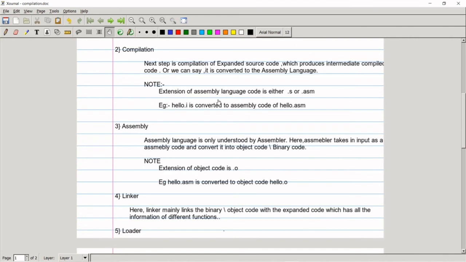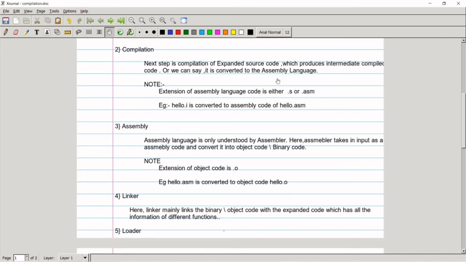The second step is compilation. After the expanded source code is preprocessed, it is passed to compilation. Here the expanded source code is compiled and the output is an intermediate compiled code. This intermediate compiled code is converted to the assembly level language.